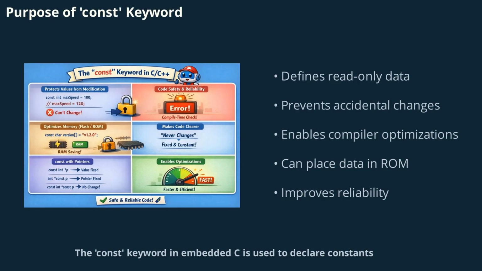The const keyword in embedded C is used to declare constants, ensuring that certain variables remain unchanged throughout the program. This is particularly important in embedded systems for defining read-only data, such as lookup tables or configuration parameters. By marking data as const, you can prevent accidental modifications and enable the compiler to optimize memory usage, sometimes placing